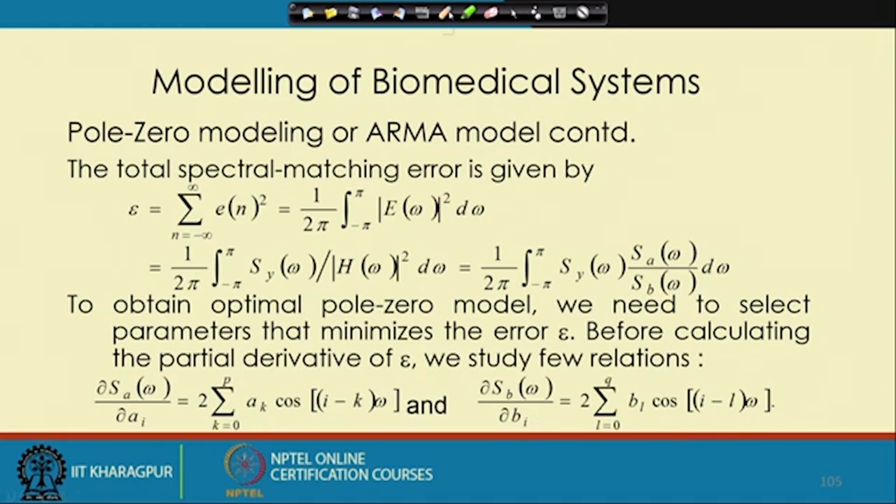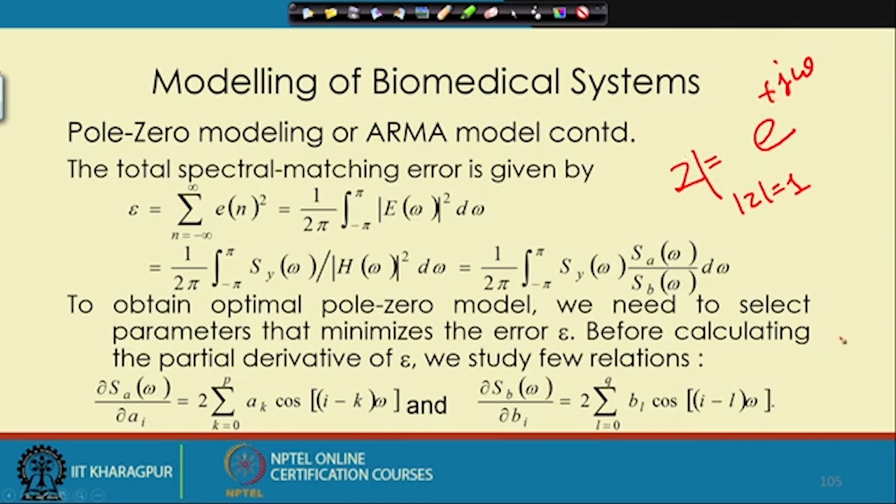Here we make use of the fact that when mod z equals 1, z is represented by e to the power j omega, or rather for z to the power minus 1,